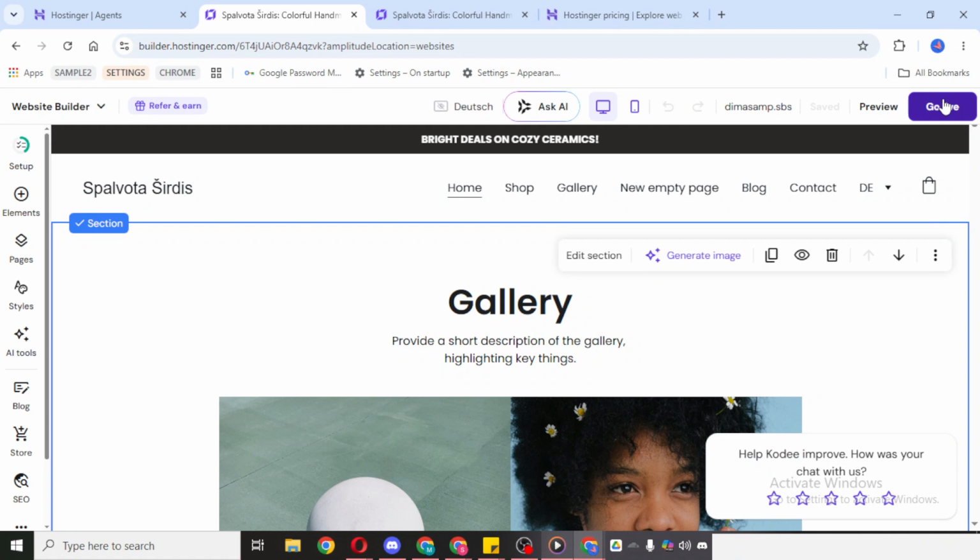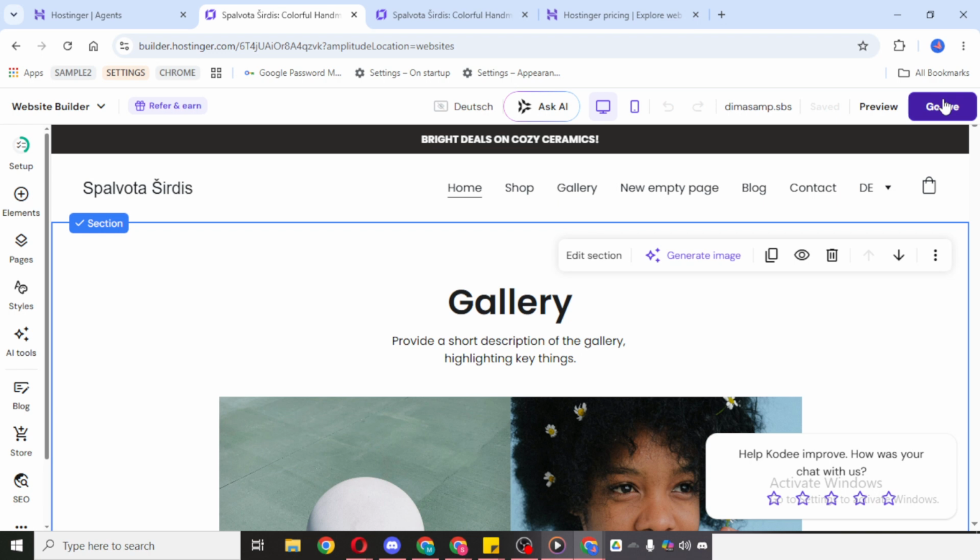If you don't see the changes right away, give it a little time and refresh your browser. In some cases, it may take a short moment for the updated version to appear. You may also want to open the site in a private or incognito window to confirm that the live version is showing correctly for visitors.